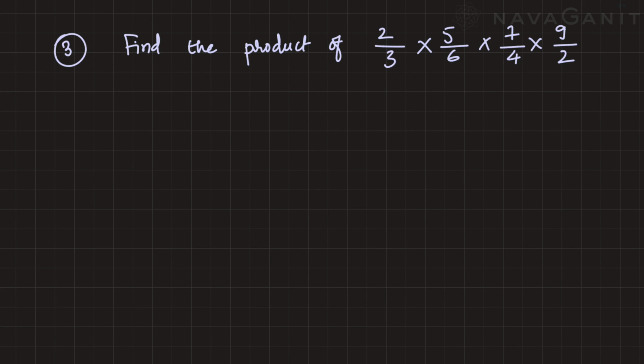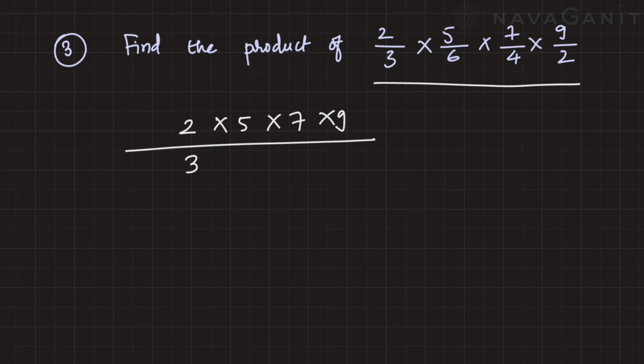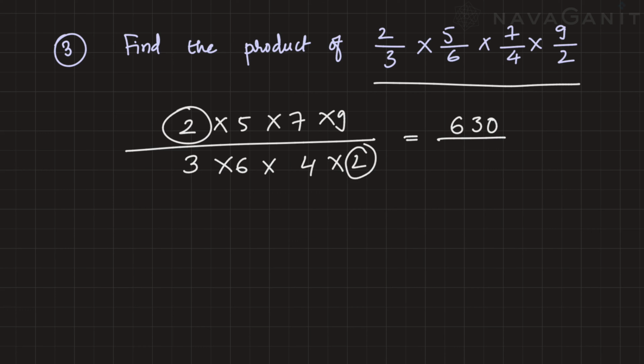Now I need to find the product of 4 rational numbers: 2 by 3, 5 by 6, 7 by 4 and 9 by 2. So what do I do? I simply multiply all the numerators: 2 multiplied by 5 multiplied by 7 multiplied by 9, and then I multiply all the denominators: 3 multiplied by 6 multiplied by 4 multiplied by 2. Now here itself I can simplify by cancelling out this 2 and this 2, and then I can end up at the answer. Otherwise I'll just multiply all the numerators, getting 630, and the denominator would be 144, which is